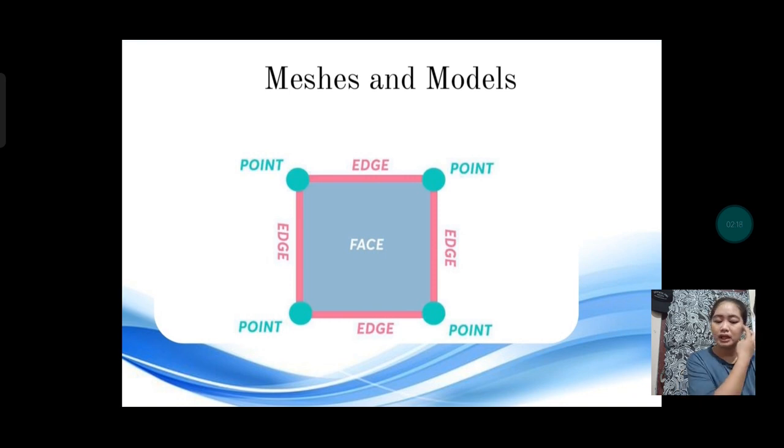In 3D modeling, we refer to three basic components that make up a mesh. The first component is the points of a mesh, the second is the edges of a mesh, and the third component is the faces of a mesh. Points are what we use to create the shape of an object, and they can be connected by edges.